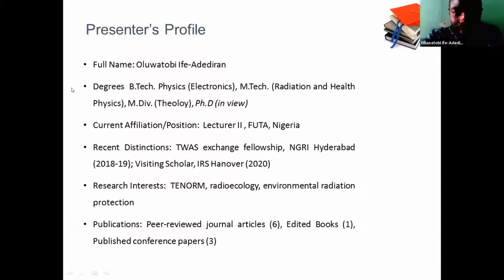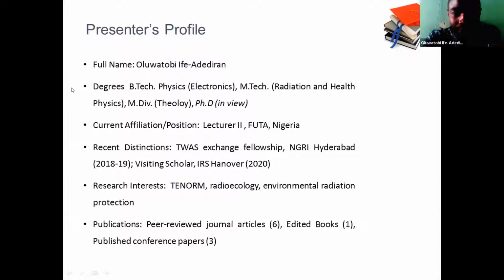I currently hold a Master of Technology degree in Radiation and Health Physics, and I am a doctoral researcher as well as a lecturer at the Federal University of Technology, Akure. My research interests are radioecology and environmental radiation protection. I hope as time goes on, many of the participants, especially the undergraduate students, will become familiar with these fields